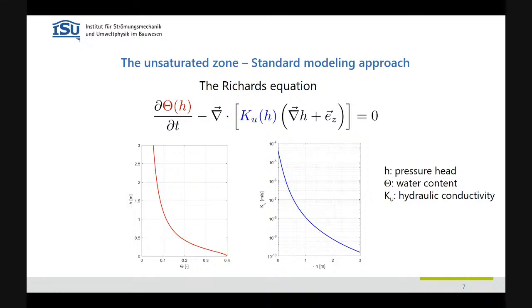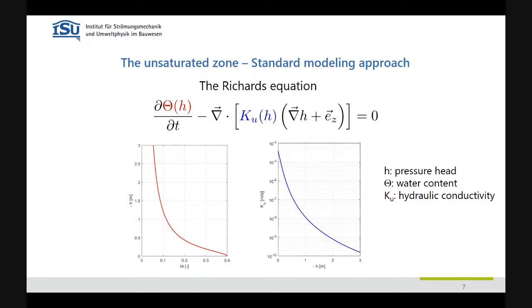Okay, and these parameters are not constant, but they are functions that depend on the pressure head. So one can read it like this: the larger the under pressure, so to say, the more negative the pressure head, the drier the soil is. And the hydraulic conductivity can be read in a similar way. The higher the negative pressure, the drier the soil, the less conductive. Now, and this is how this would typically look like. And then we have a full zoo of models how to parameterize these functions.